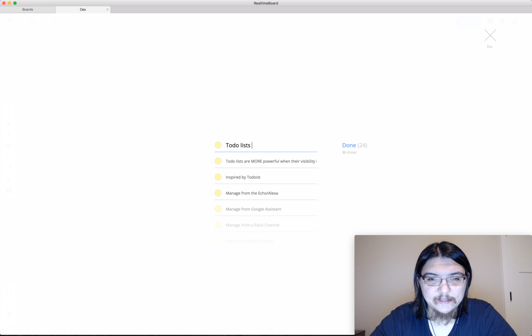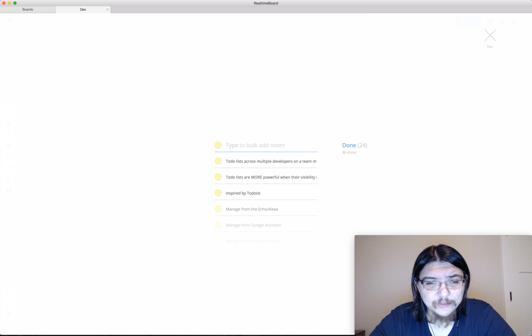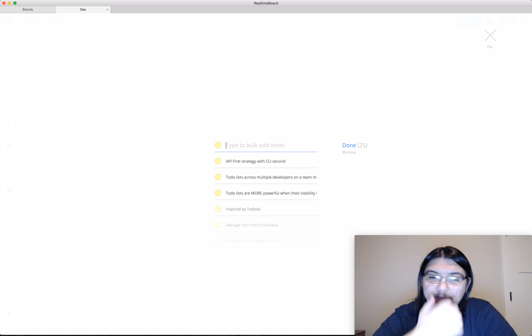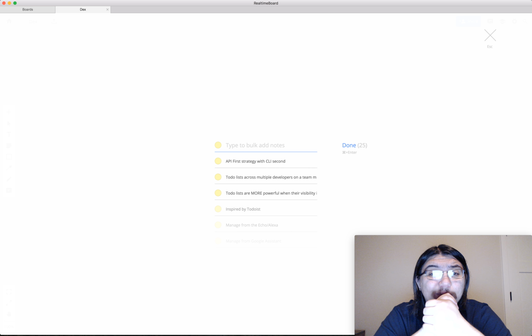To-do lists across multiple developers on a team might be very valuable. And this is very true. I want an API-first strategy with CLI second. Part of the reason that I want this is that the API, when enabled, is a powerful platform. We've seen Twitter explode, Slack explode,